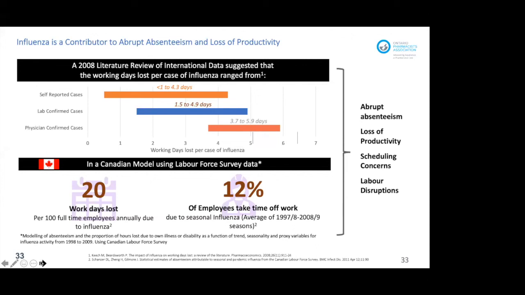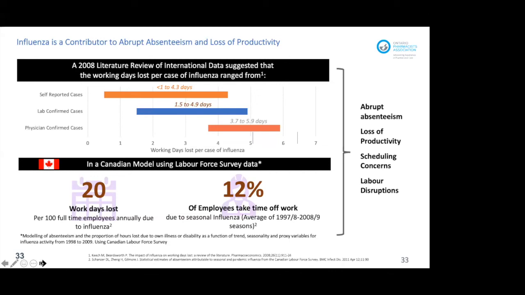So it ranged to about 1 to 4.5 days that people personally recognized. For those who had a severe enough case where they had confirmation from the lab, it ranged from 1.5 to 4.9, and physician-confirmed cases range from 3.7 to 5.9 days. So really there's a potential for an entire week's salary lost for Raj, and abrupt absenteeism and loss of productivity,